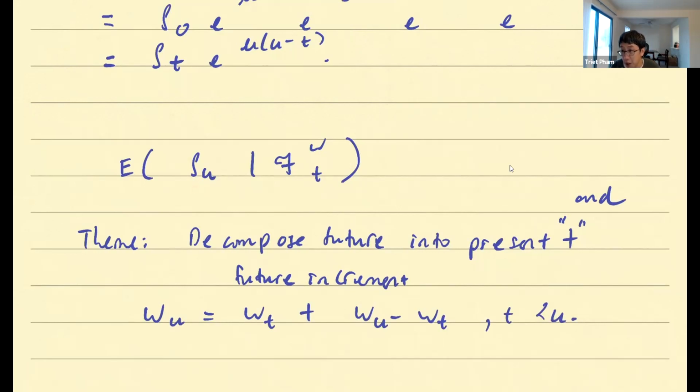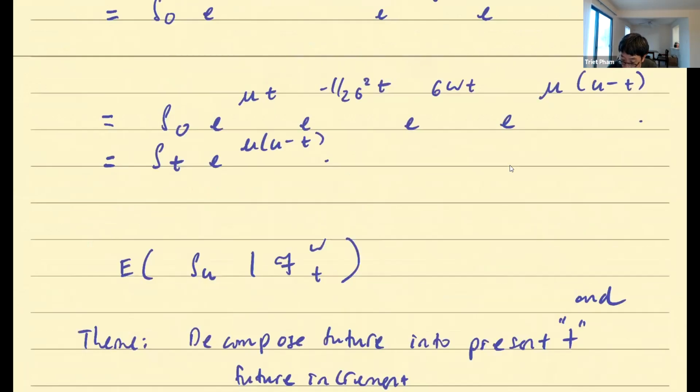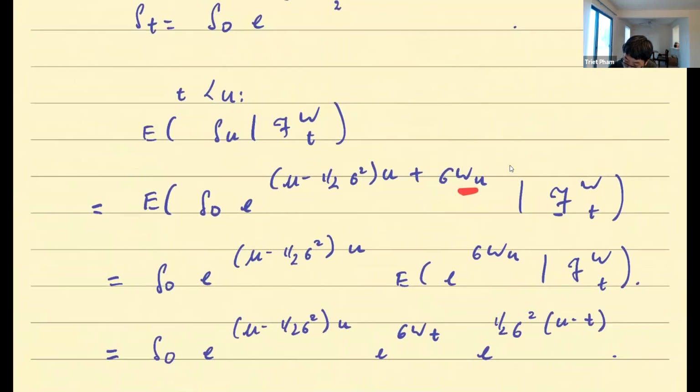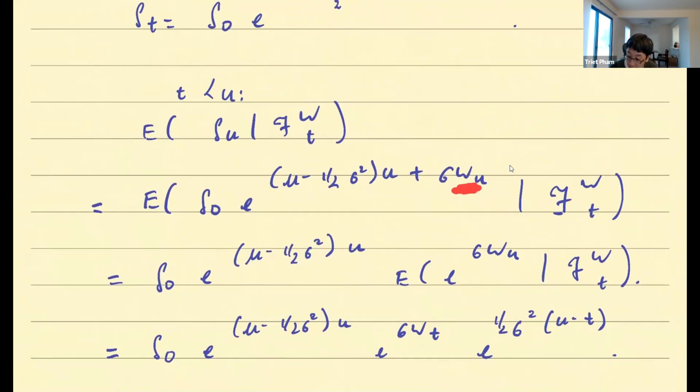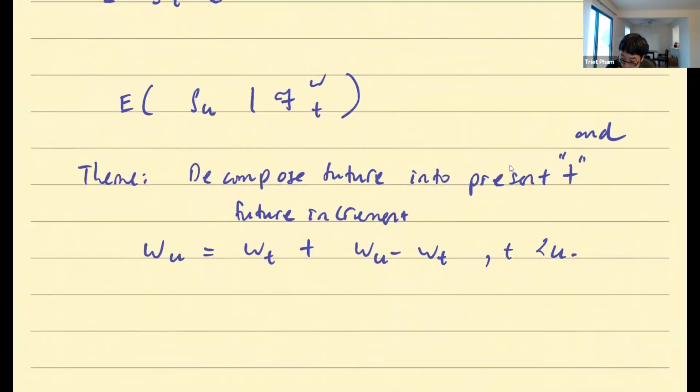Here, I'm dealing with a stock price, okay? So I could look into the increment like this. I decompose W like this because W goes into the makeup of S. But that actually is not very intuitive. What I should do is decompose S itself. That's why I was confused. How do I decompose it?